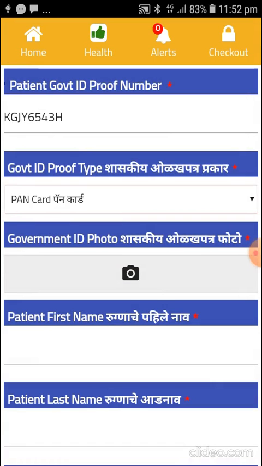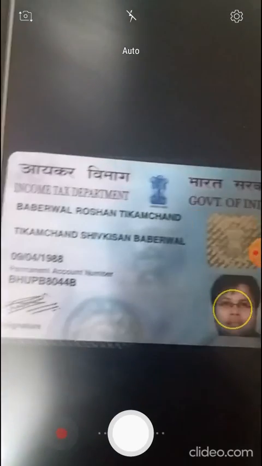If your government ID proof is in the same phone, then first of all you have to shift that into another phone and only then will you be able to click the picture. I repeat, if your government ID photo is in the same phone, then in that case you have to shift it first of all into another device, and only then will you be able to click the picture. Click on camera to click the ID proof photo.